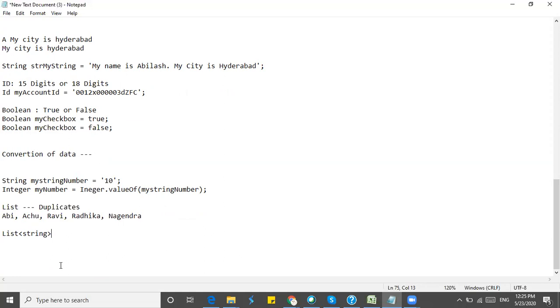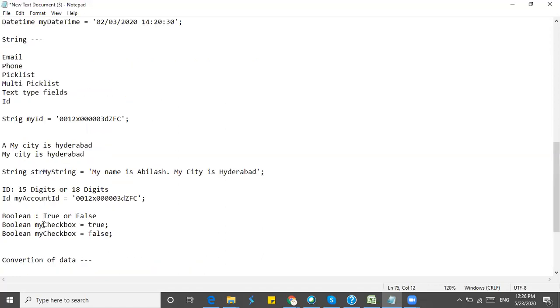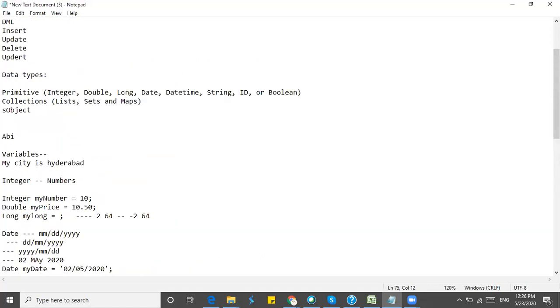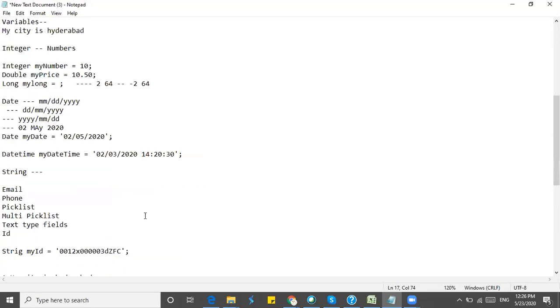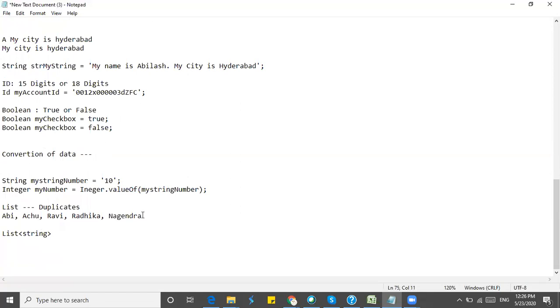So let's create a collection type list, and how to store values. So this is the format for how we initialize a list. The name starts with List, then the less-than symbol, and then what data type it is. You can save a string, a date, or long or datetime, whatever all primitive data types are there. You can save them here. If you want to save numbers,